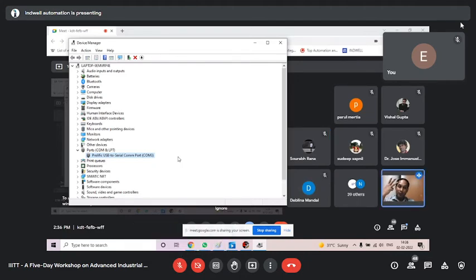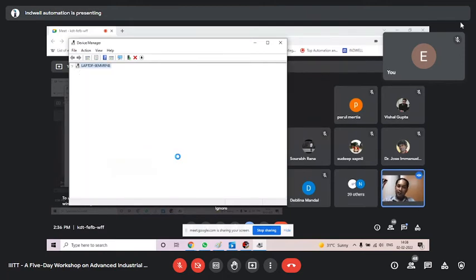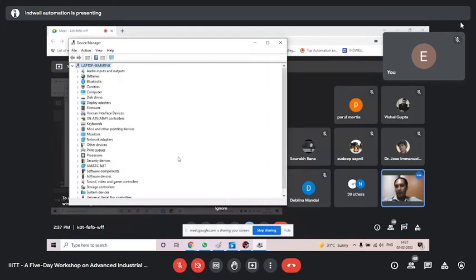Now I shall show you, if you change this COM port, its address will change. I shall remove the mouse and connect, because I have only two USB ports. So I have removed the mouse. Now I remove this USB cable. See, I have removed it, it has gone. Now I connect it to another USB port.